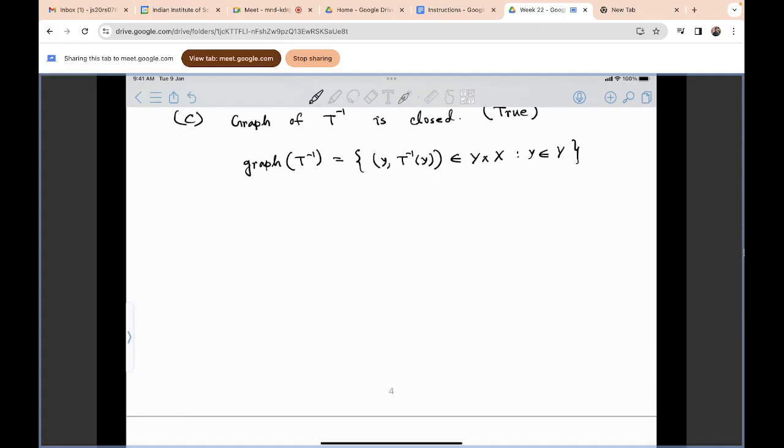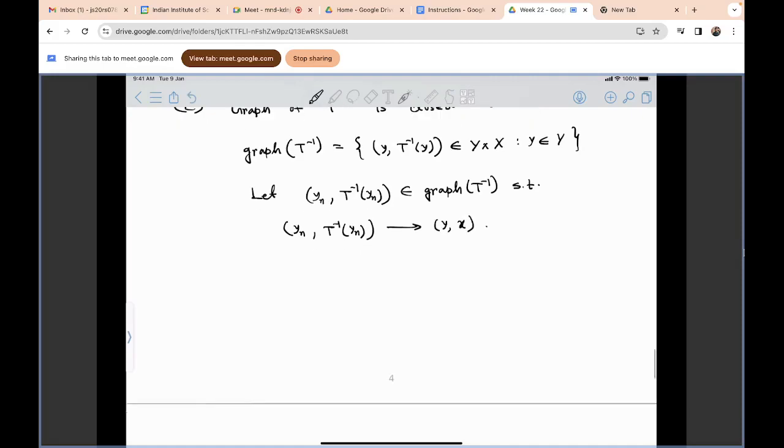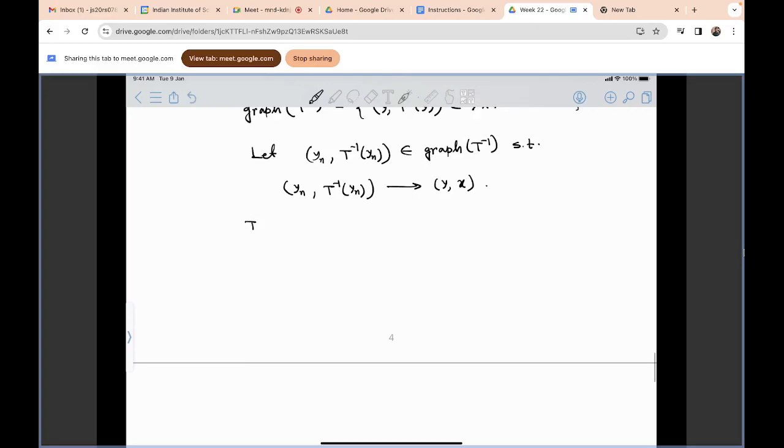To show the graph is closed, we have to take a sequence. So let (yn, T inverse yn) belong to the graph of T inverse, such that (yn, T inverse yn) converges to some point, let's say (y, x). Then we have to show that (y, x) belongs to the graph of T inverse,